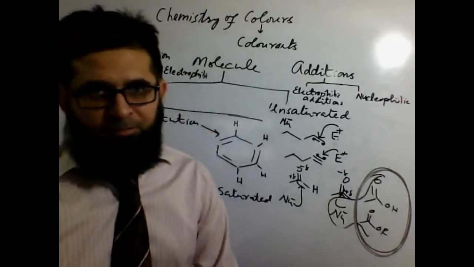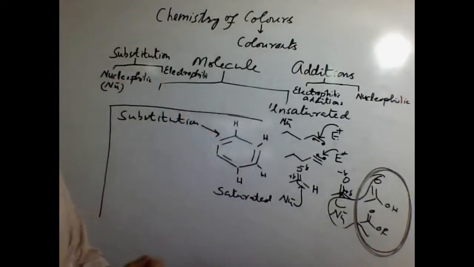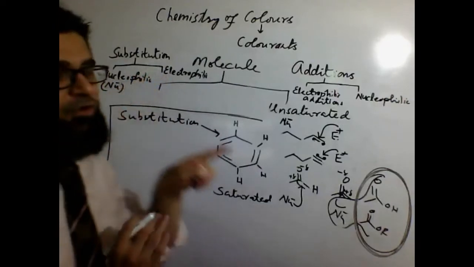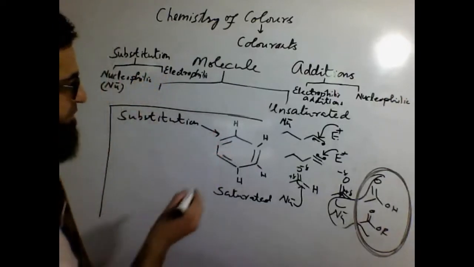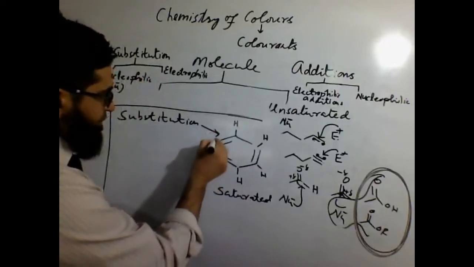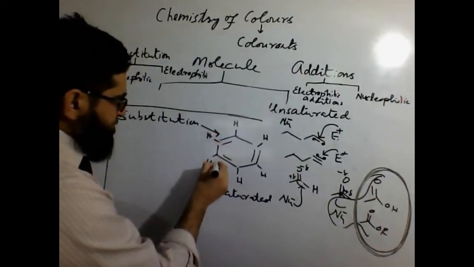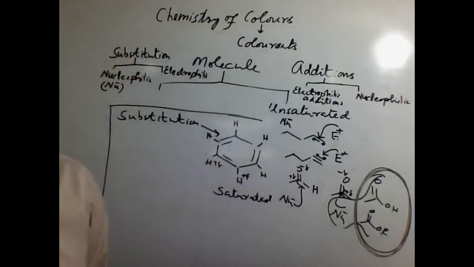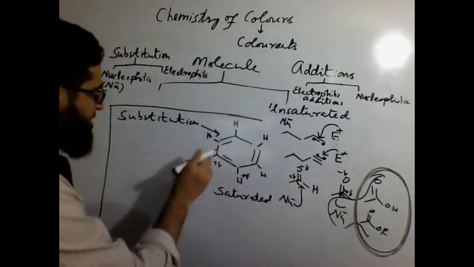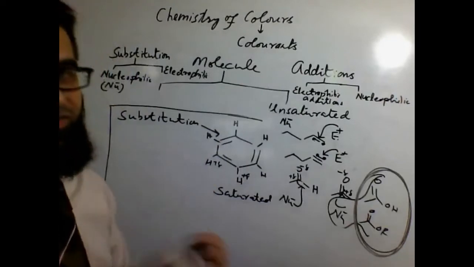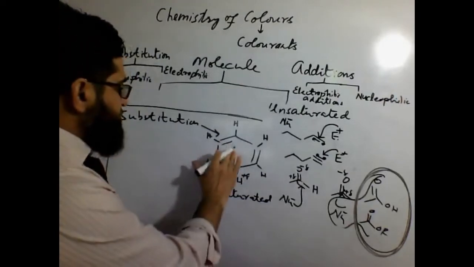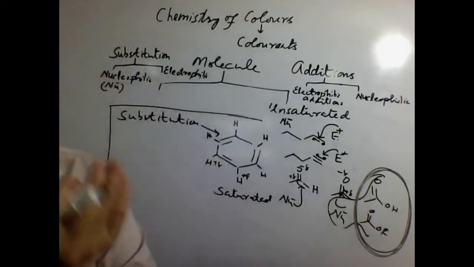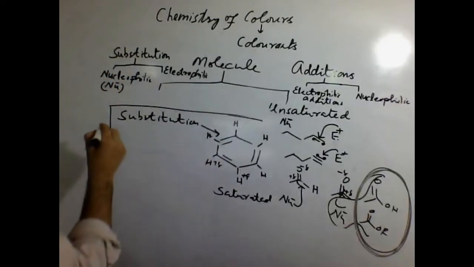Again, what sort of substitutions? We have discussed electrophilic as well as nucleophilic. In the case of benzene, the carbons carry protons which are slightly positive, meaning they are electrophiles, so they could be replaced by some electrophile. Benzene is supposed to undergo substitution. What sort of substitution? It is supposed to be an electrophilic substitution.